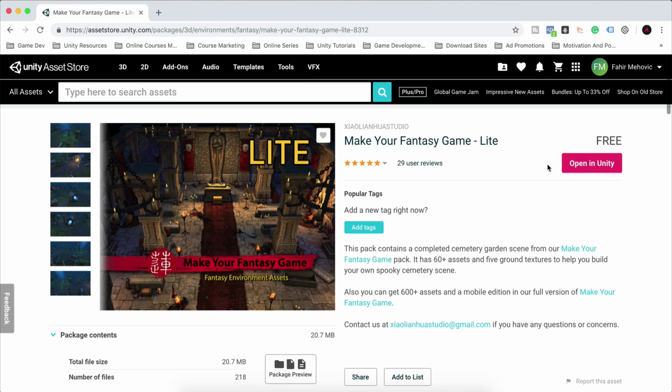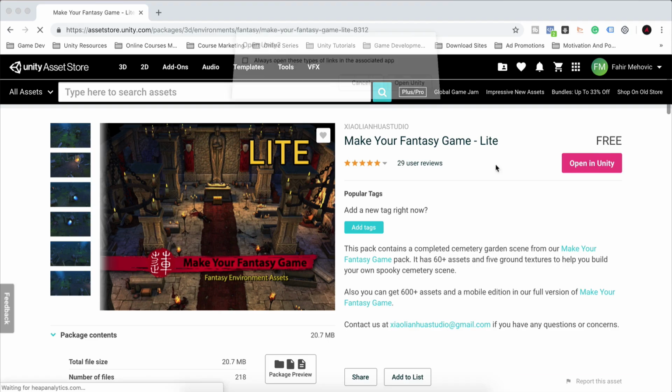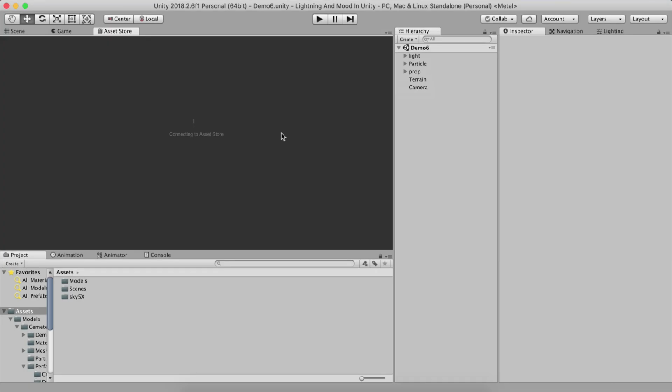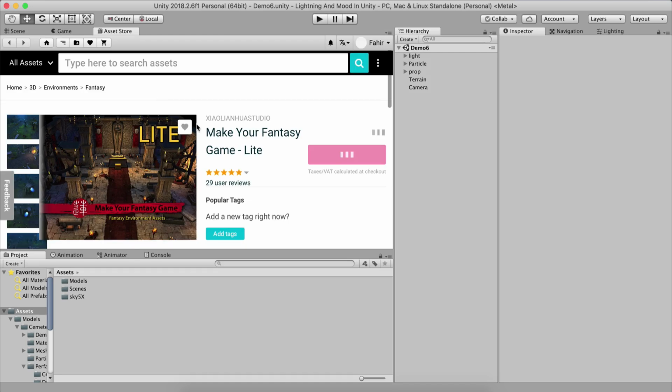You will not see Open Unity if you did not download it before. I think it's like get the asset or something else. Anyways, click this button right here. You will see the color is the same. You're gonna click that. It's gonna open in Unity. Click here, open. It will open the asset store right here within your Unity project, and you will see the